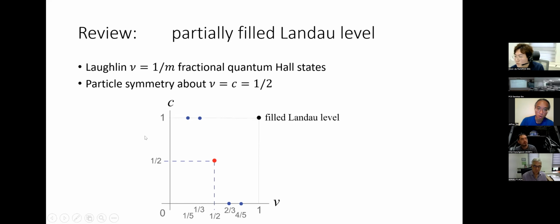There is a particle-hole conjugation. Instead of considering particles of the Laughlin 1/3 or 1/5 state, we can consider holes of the 1/3 and the 1/5. In other words, we can start off with the filled Landau level and then subtract from it 1/3 of them being holes or 1/5 of them being holes. In that case, we get the 1 - 1/3 state and the 1 - 1/5 state below. They now carry the filling fractions 2/3 and 4/5, because they're 1 minus 1/3 and 1 minus 1/5.